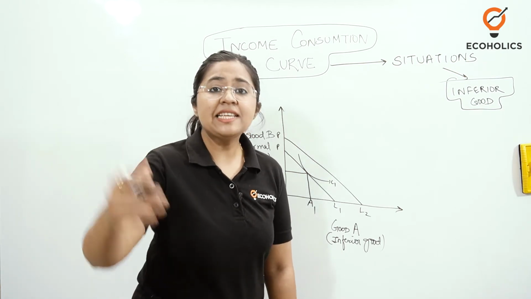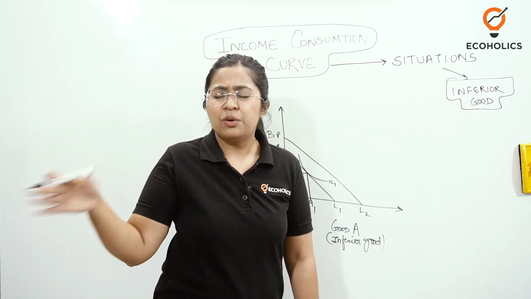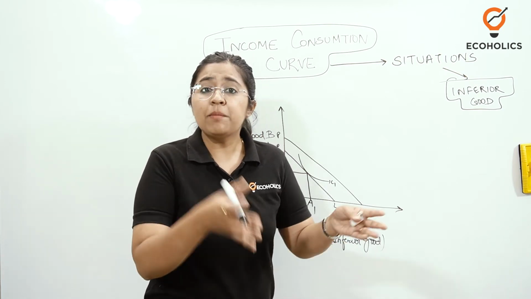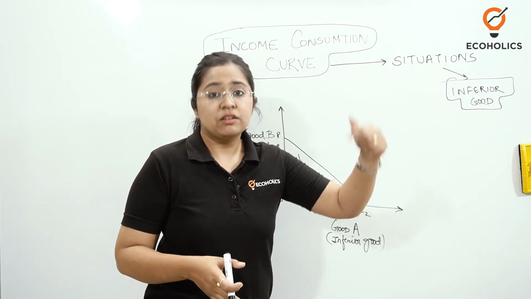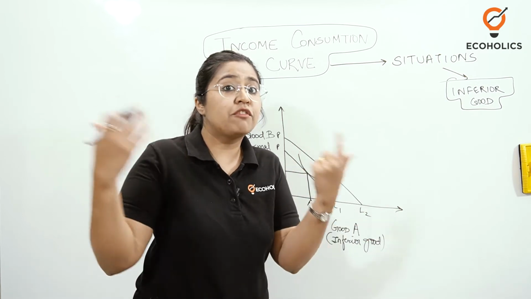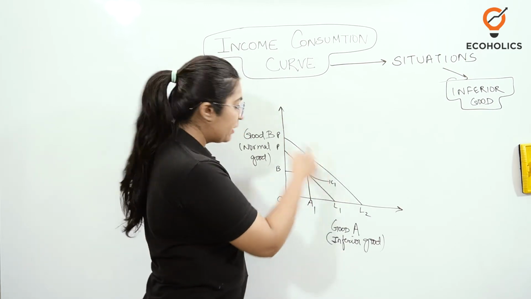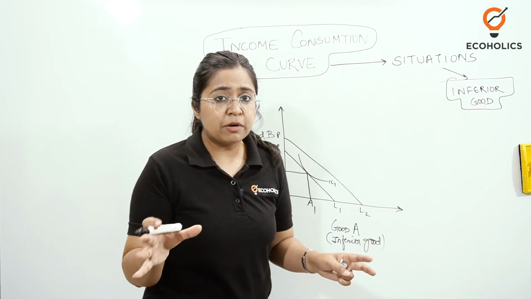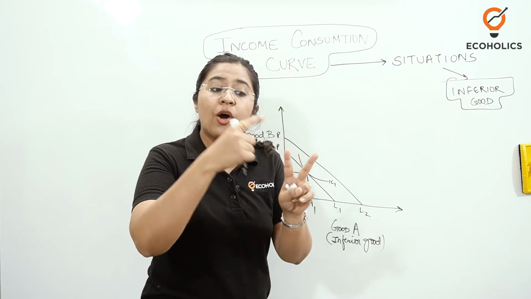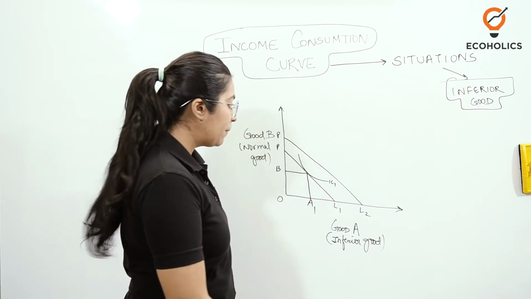Because as the income increases, now you will have enough income so that you can now avoid purchasing an inferior quality commodity and rather put your money into such a commodity that you feel is a normal good or you feel can derive you more utility, is of better quality. So because you have two combinations of two goods, one is inferior and one is normal. So what you're going to do, you have a limited amount of budget and only two goods, out of which one is inferior. So you are going to put more money on a better quality product now that you have more money.